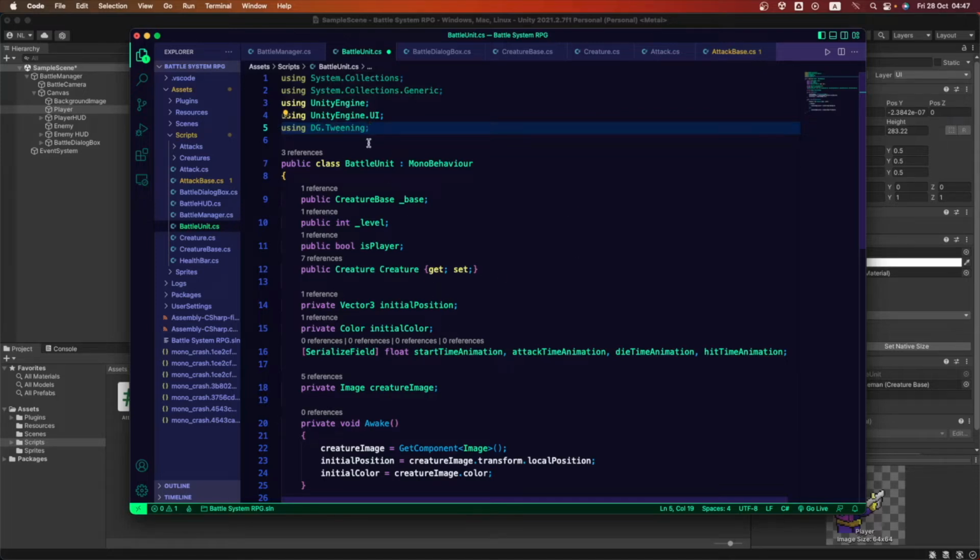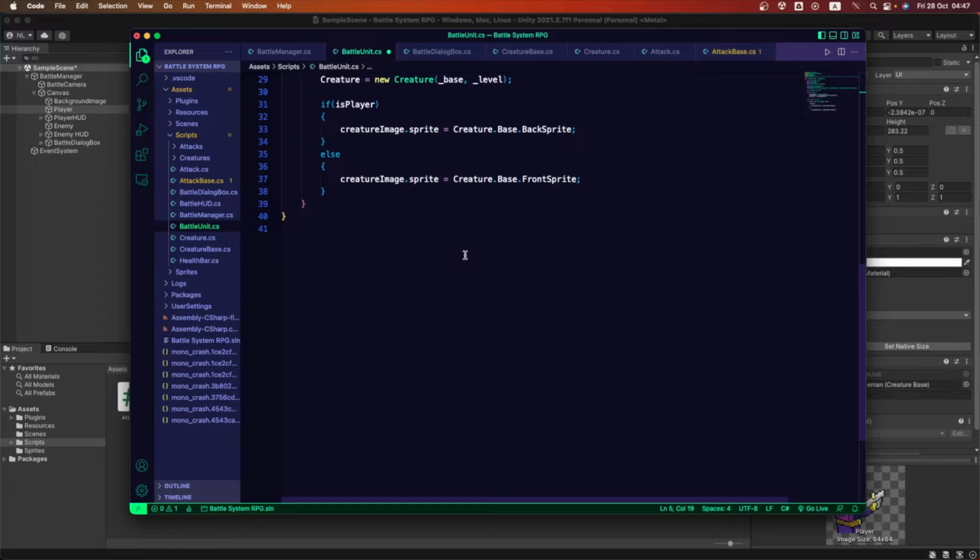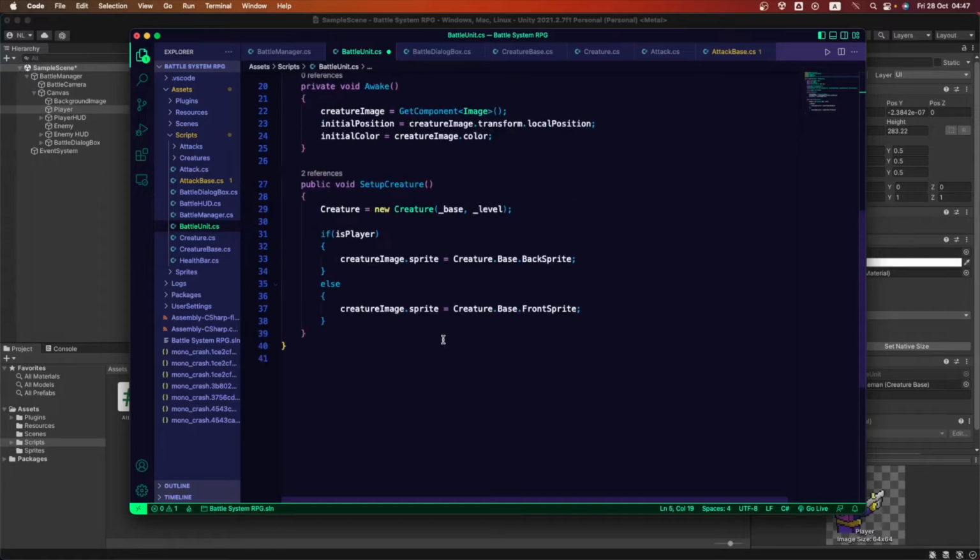So now we can access the functions that this library offers us to make very cool animations in 2D here in Unity easily with very simple lines. So let's go into coding the first animation.